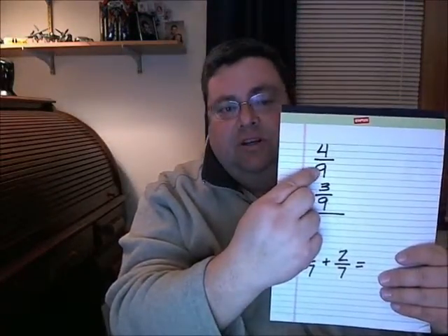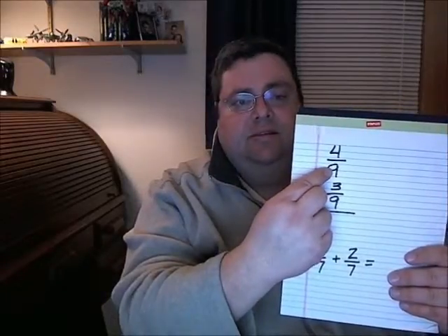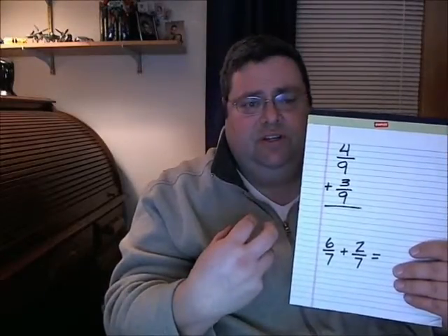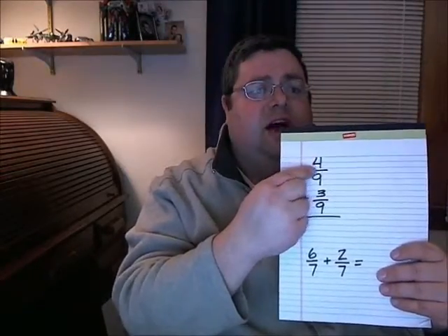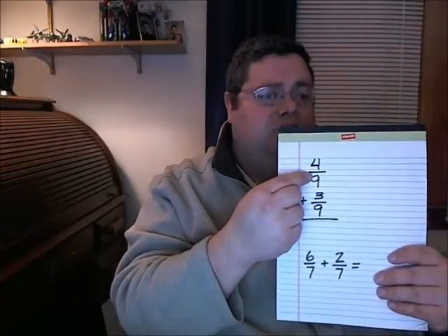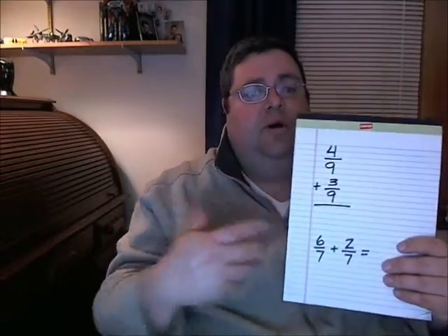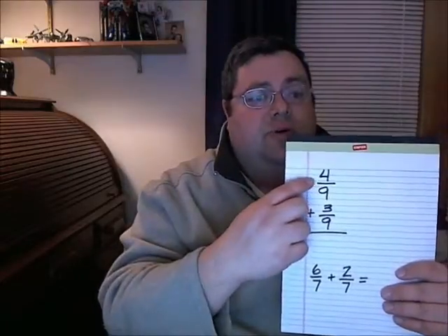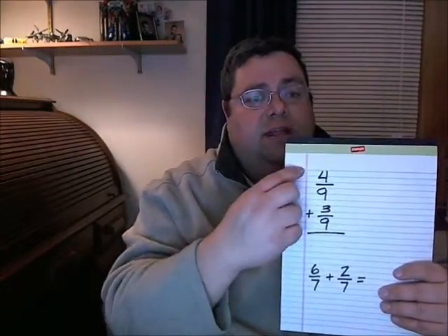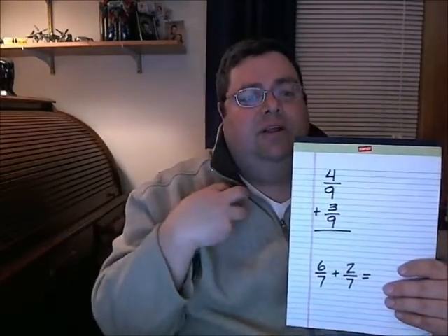The denominator in a fraction is the bottom number, that is the number of pieces I've broken an object into. The numerator is the number of pieces we're actually using out of those pieces. So the object's been broken into 9 pieces, we're using 4. The addition allows us to put groups together. So here we have 4 9ths plus 3 9ths, and I tell the kids, I really am not picky about